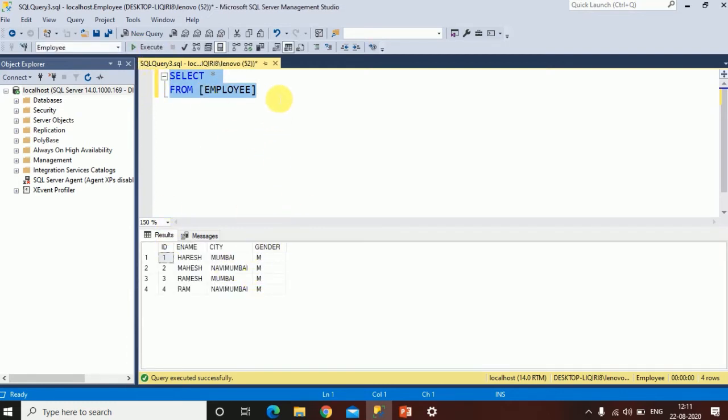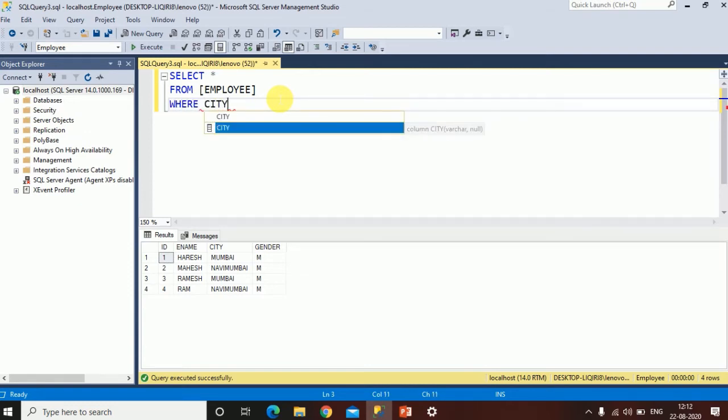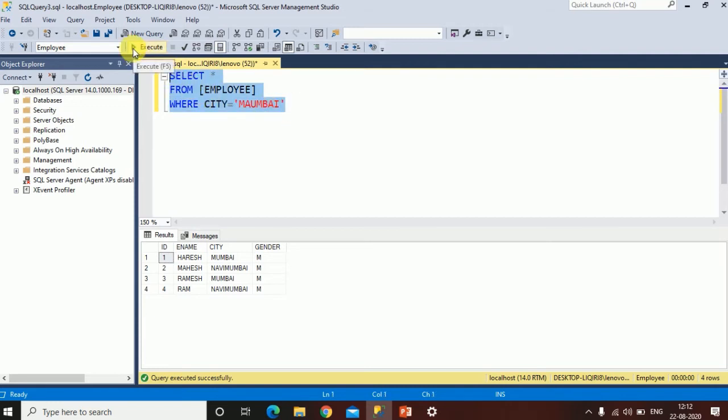Now the where clause is used to filter the records from the database. If I want to find the employees who are living in the city Mumbai, I will write: select star from employee where city equals Mumbai.